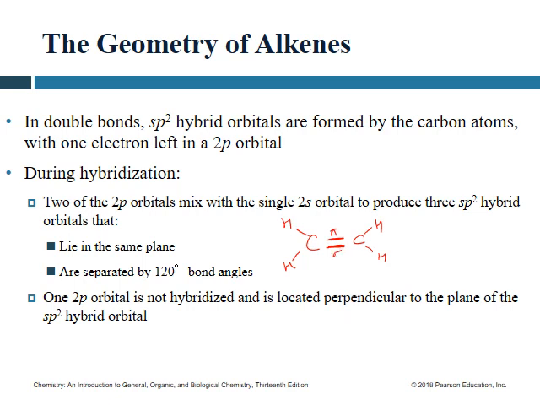So this carbon is an sp2 hybridized carbon, this carbon is an sp2 hybridized carbon, because how many sigma bonds do you have? 1, 2 and 3. So how many orbitals do you need to make these 3 hybridized orbitals? 3. So sp2,